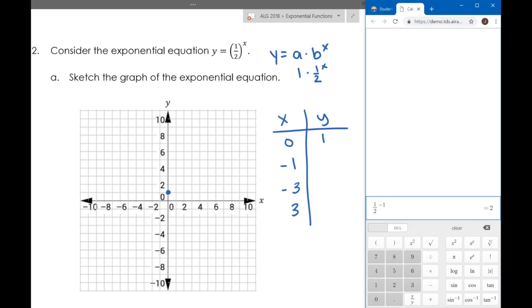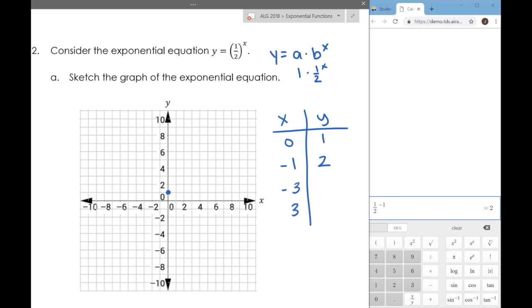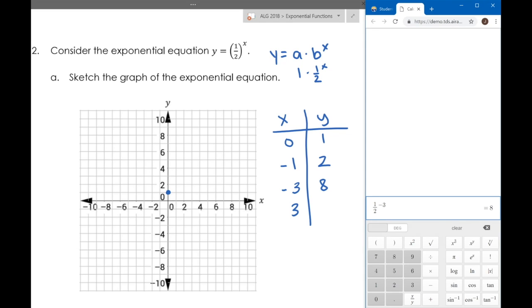Okay? So, when I put to the power of negative 1, my answer gives me 2. So 2 goes here. Alright, let's erase that negative 1 and now put a negative 3. And my answer here is 8. Now let's put a positive 3, so just erase that negative, and you get a